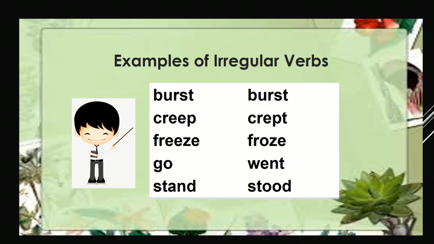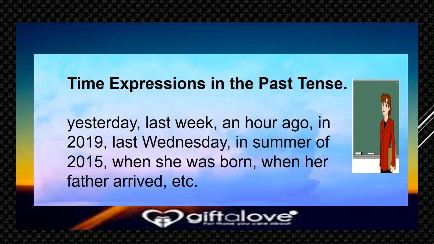When you use a regular verb in a past tense, you just add D or ED. So there's no problem about that. But be careful when you use the irregular form of the verb because it changes its spelling when used in its past form. The time expressions in the past tense are the following: yesterday, last week, an hour ago, in